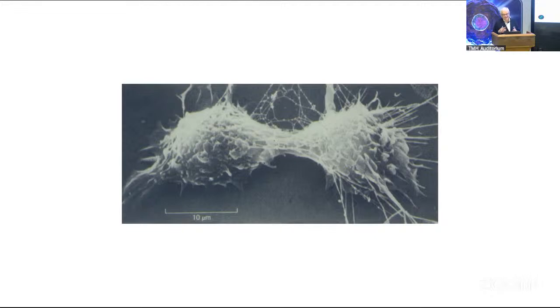You need to understand temporal and spatial order, and I focused on temporal order. But unlike development, it is something that is absolutely common to all eukaryotic cells. There's of course overlap with development, but the cell cycle is universal, and that's why I've worked on it. In this talk, I'm going to give you new perspectives on the role of the cyclin-dependent kinases that were partially discovered in my lab, also by Lee Hartwell and Tim Hunt, who shared the Nobel Prize. And we had a story 25 years ago, which has got into the textbooks, but I actually want to change it today. It's not wrong, it's just not fully developed,